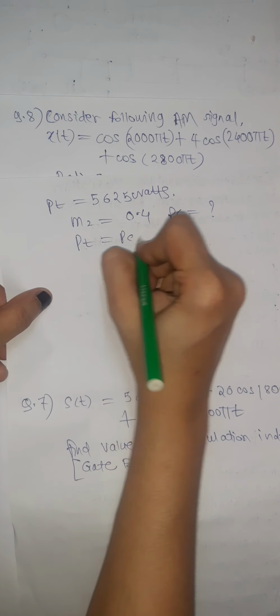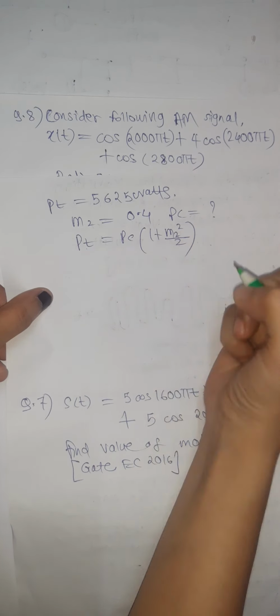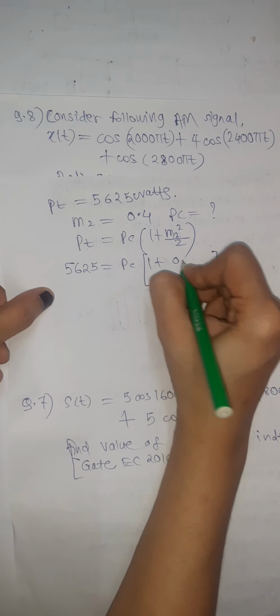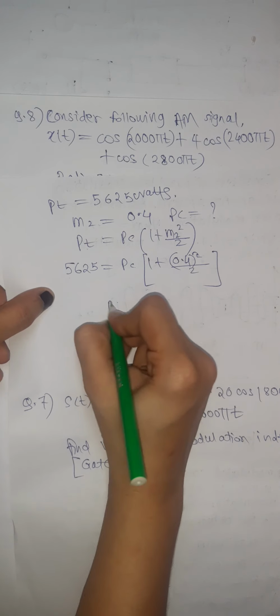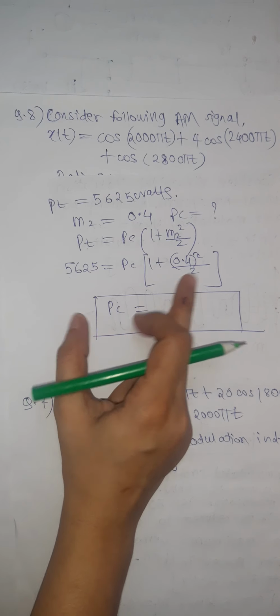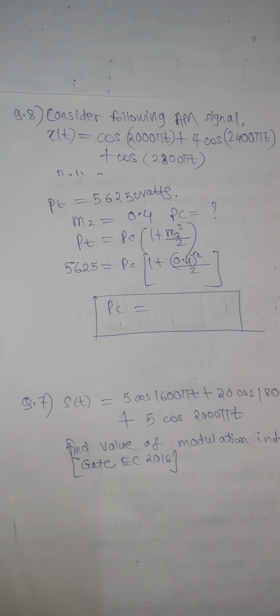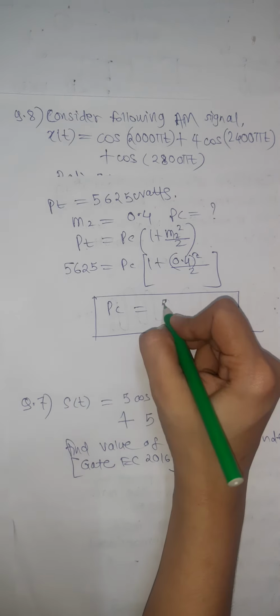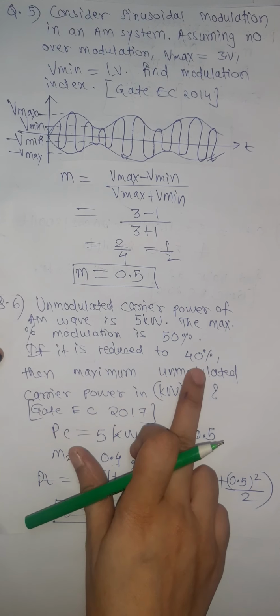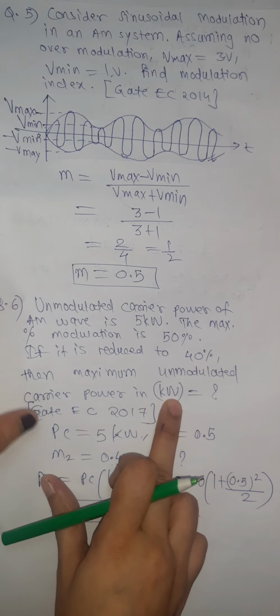Now PT is equal to PC (1 + M2 square by 2). So 5625 is equal to PC (1 + 0.4 square divided by 2). So PC equals 5625 divided by (1 + 0.4 square divided by 2). By the use of a virtual calculator we can easily find this answer. So the answer is 5.208 kilowatts. So the unmodulated carrier power when the modulation index is reduced to 40%, that is 0.4, in kilowatts, is